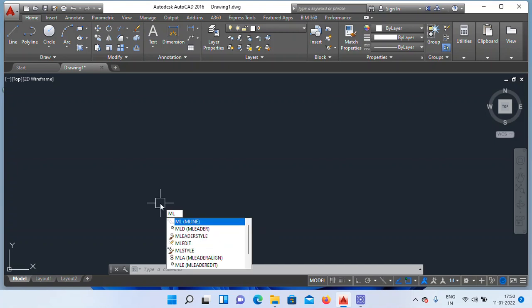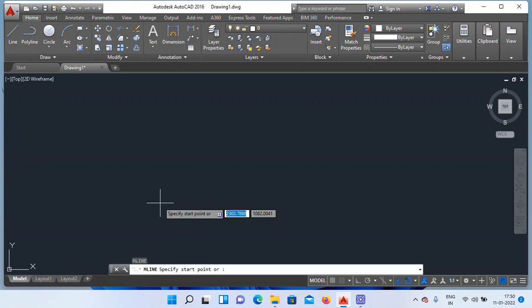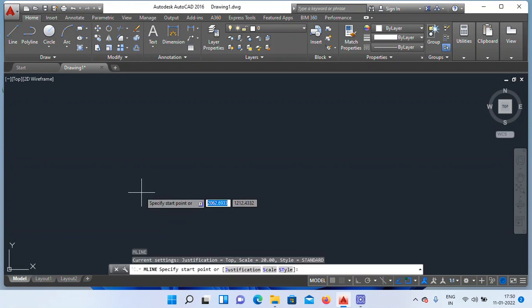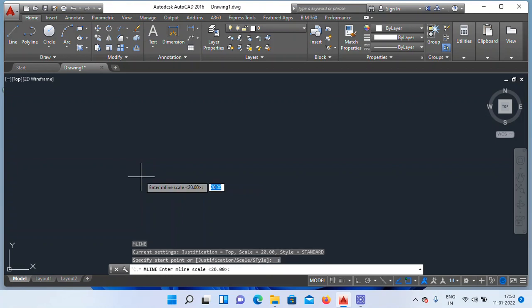ML, enter, right? ML, enter, right? And next press S digit, enter. S means scale, S, enter.